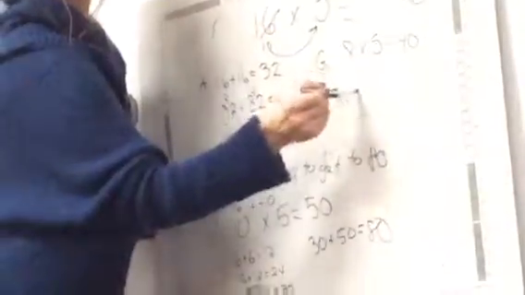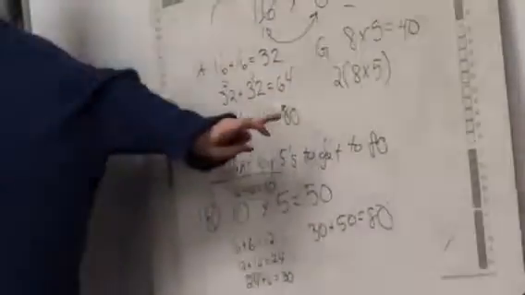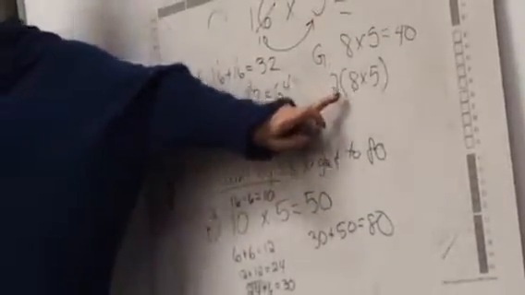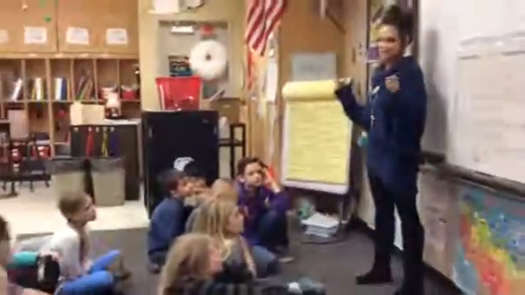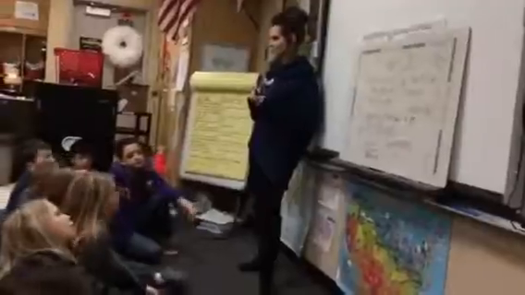You know what you did? Can I show you? You did this. You used a multiplication with parentheses in order, and look what you did. You put the 2, and you said times 8 by 5. Whenever a number is right next to a parenthesis, and there's no plus, subtract, or anything like that, that's a times problem. So now he knows that 8 times 5 is 40, and then 40 times 2. That is another property we learned about. It's called the